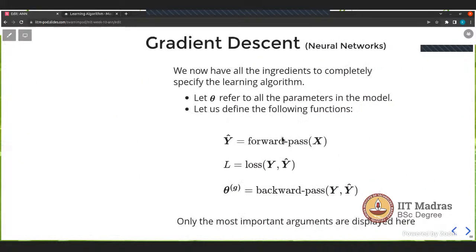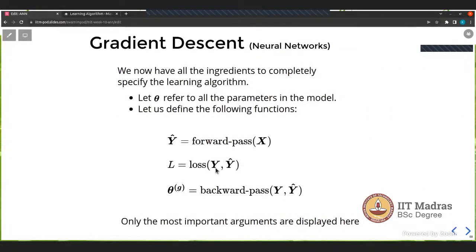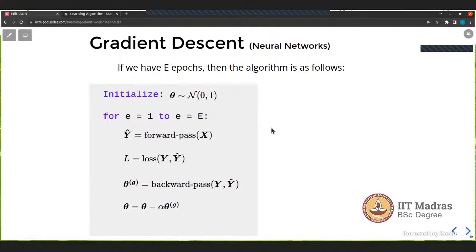Once you have the forward pass and backward pass, you pretty much have all the ingredients you need to define your algorithm. So this is the final algorithm for training a neural network. Initialize all your parameters, which we have called theta, and do the following for each epoch. This is standard gradient descent. For each epoch, do a forward pass on the entire data and compute the loss. You have your true labels and your predictions, or rather your probabilities in this case. Then do a backward pass, again using the entire data, and update your